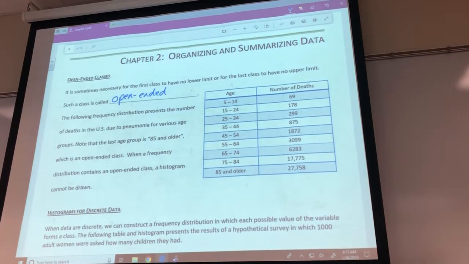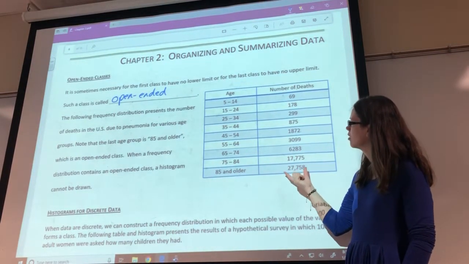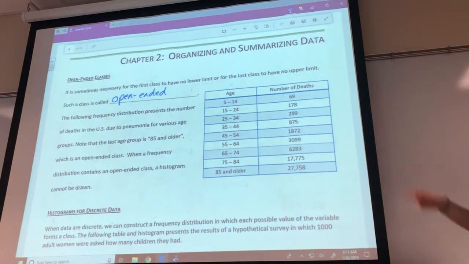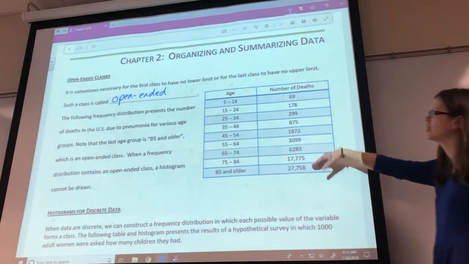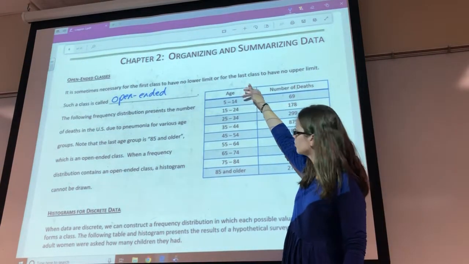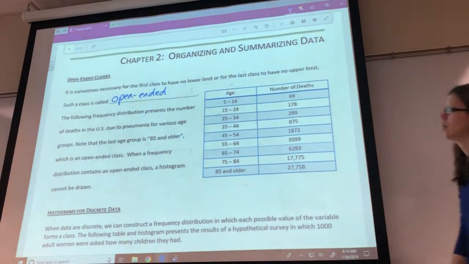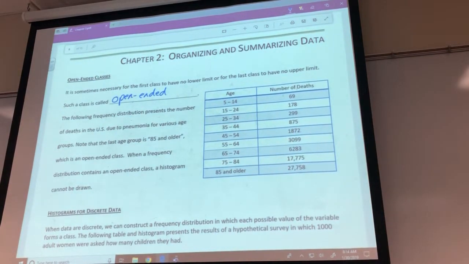I don't know if I really would have done that in this case, because that's the highest one. So I don't know if I agree with that judgment. But you can do that either for the bottom one here, or you can have up here the top one be 4 years old and younger. You can have an open-ended one at the beginning too. So if that's the case, you can still have an open-ended